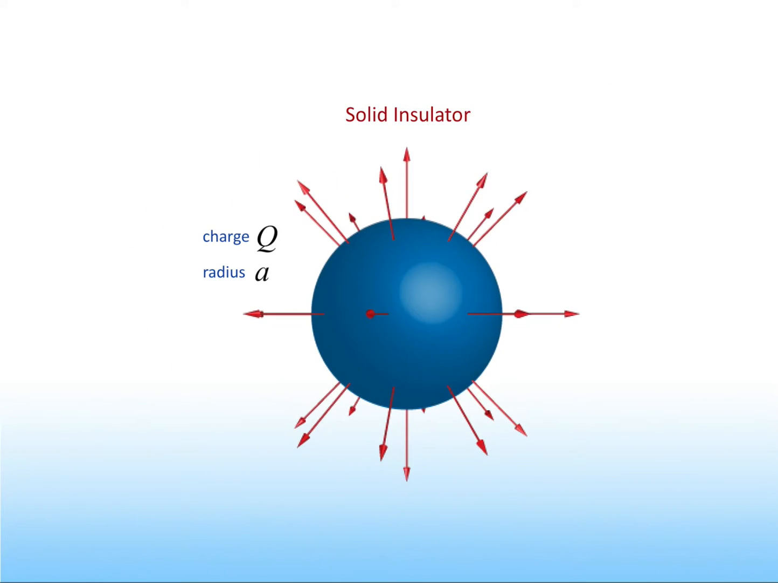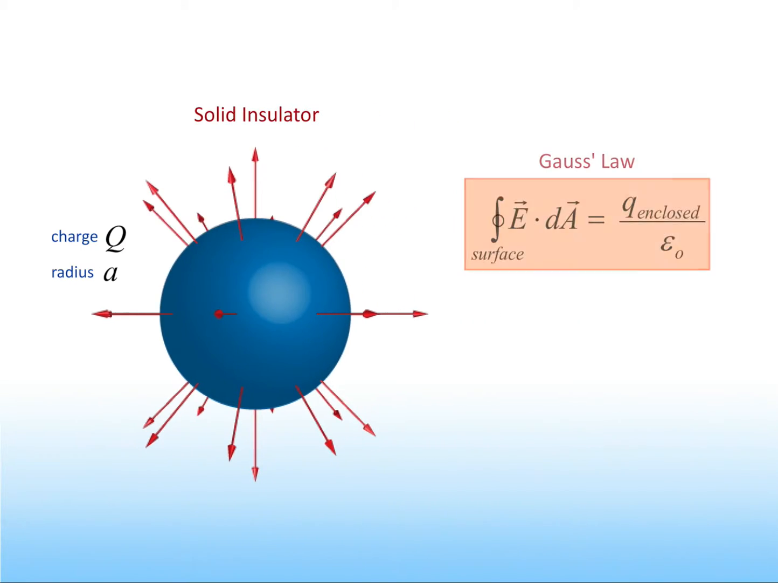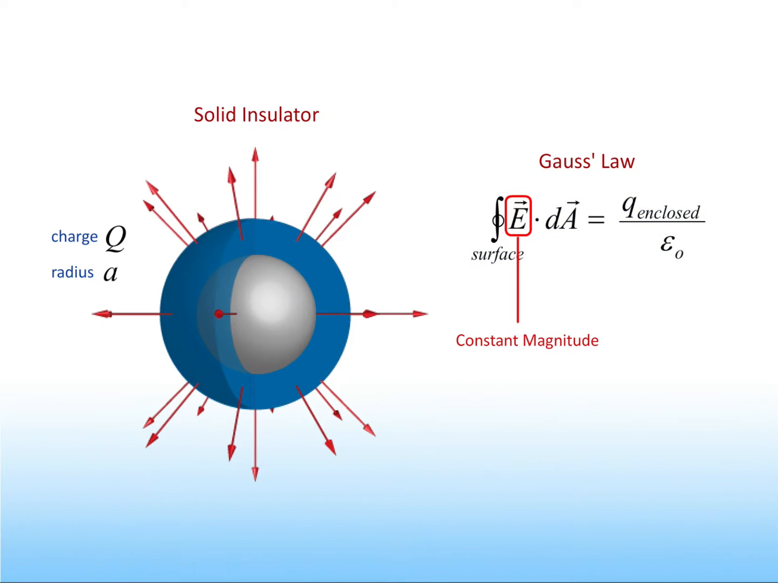We'll now calculate the field inside the insulator, for r less than a. We can follow the same procedure as we did for the field outside the insulator. Namely, we can apply Gauss's law using a spherical Gaussian surface centered on the origin. Since the charge is uniformly distributed throughout the insulator, we know that the magnitude of the field must have the